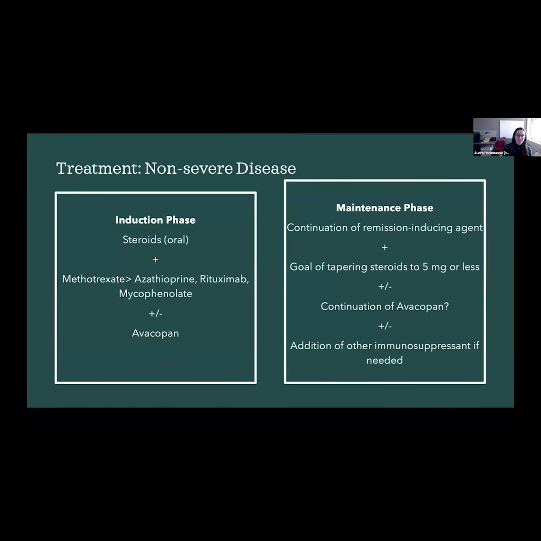The better job we do of getting the disease under good control within year one, the less likely people are to relapse or flare in the future, and the less likely people are to have ongoing damage from the disease in the future. And so I try to tell people to really dedicate themselves to their health within that first year so that we can work together and get the disease as under good of control as we possibly can.